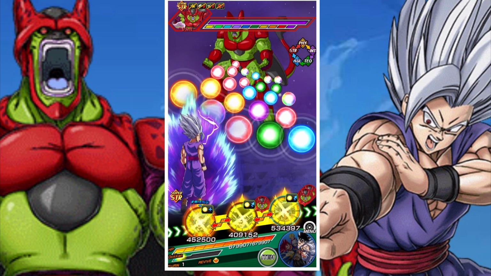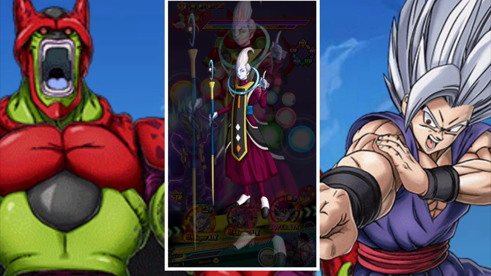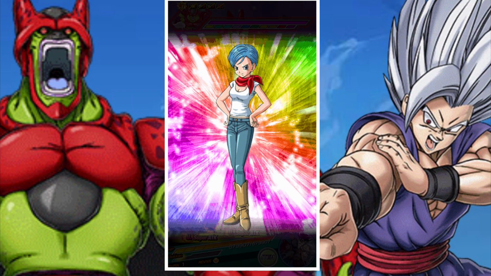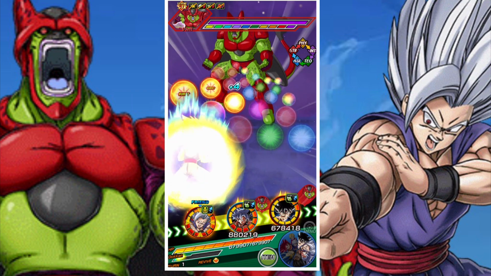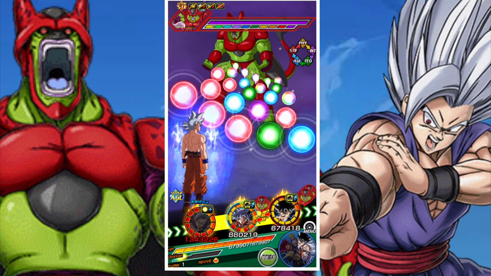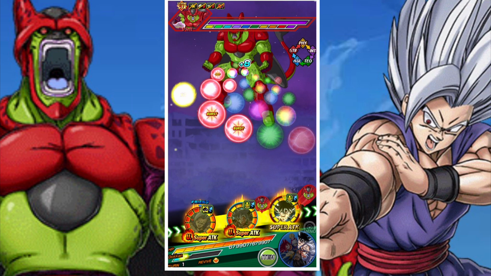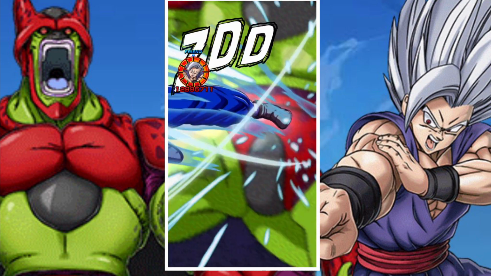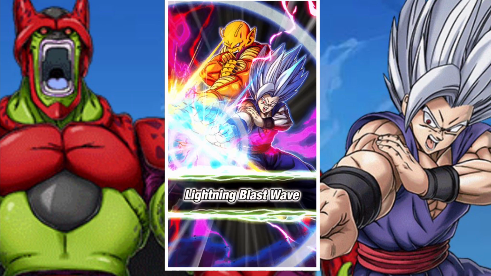So the first one is you speed rush Some Max super duper hard. You don't go defensive items really, you go only offensive items, and you speed rush them to hell. You use a whole bunch of buffs, Bulma, or a lot of Bulmas, like 3 different types of Bulmas. You maybe bring one defensive item, and essentially what you do is you try to take out Some Max super